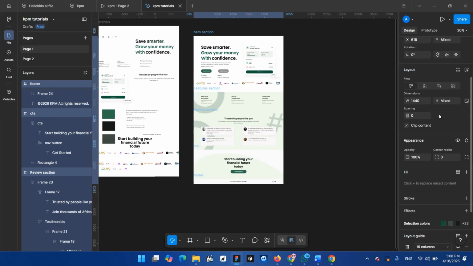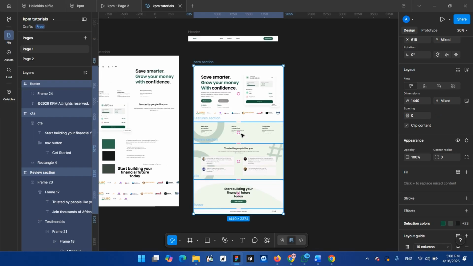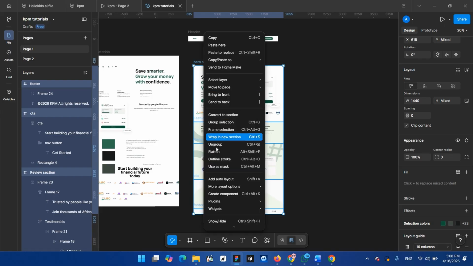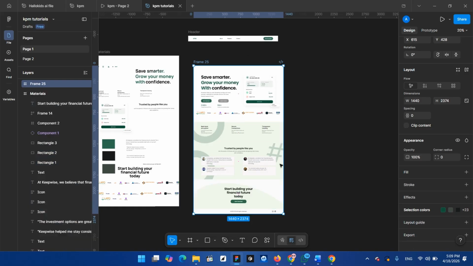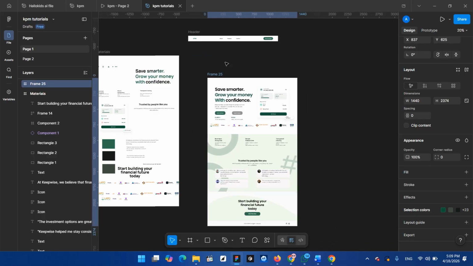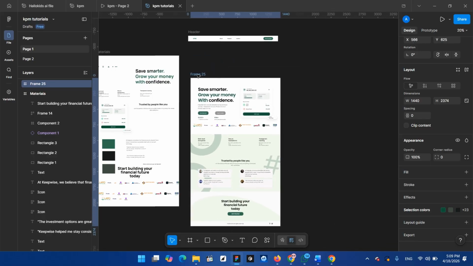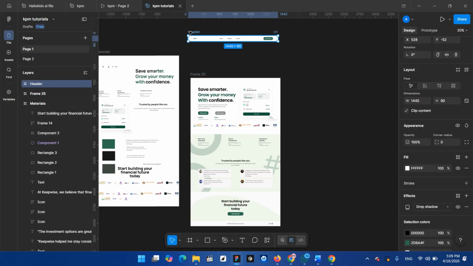Type 0 on your keyboard and you see everything comes together, and then we can right click and add it into a frame. Where's frame selection? Yep, so we have frame selection selected, so it's now in a frame. So then you see this is our full website in one frame. All right, so next thing we will want to do is to come to this header section. You Control C or Control X, whatever, you can just cut it. Let me copy it,